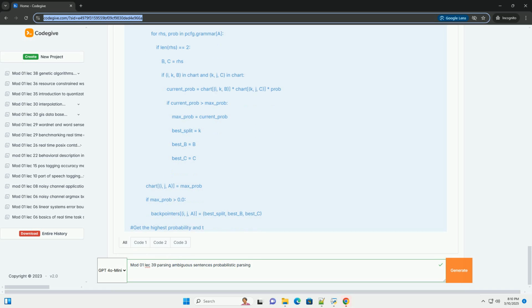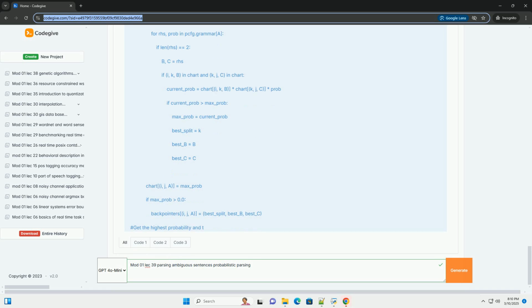Backpointers for recovering the parse tree. To reconstruct the actual parse tree, not just the probability, you need to store backpointers along with the probabilities in the chart. When you add a non-terminal A to chart[i, j] because of the rule A → B C, and the non-terminals B and C are in chart[i, k] and chart[k, j] respectively, store pointers from A to B and C, as well as the split point k. After the chart is complete, you can trace back from S in chart[0, n] to reconstruct the most probable